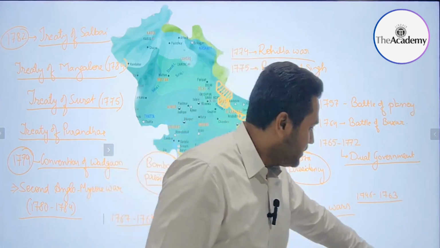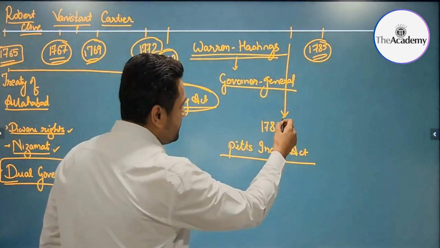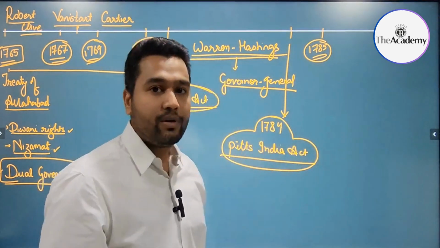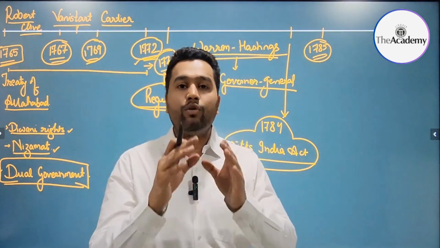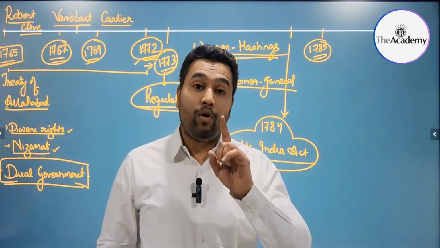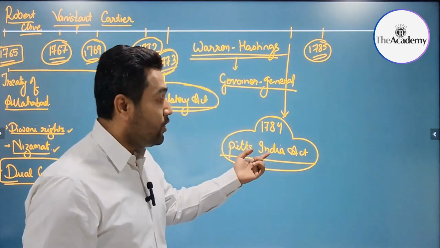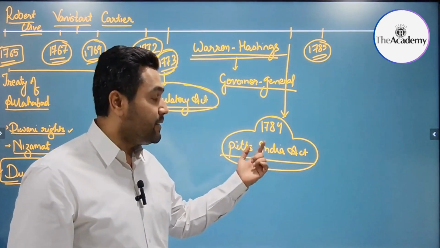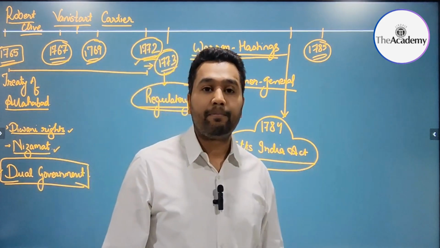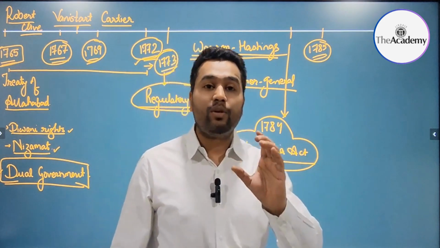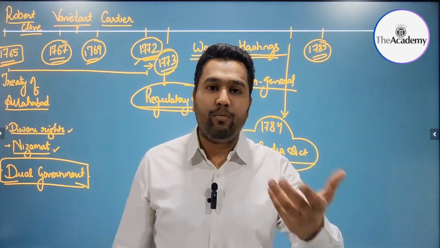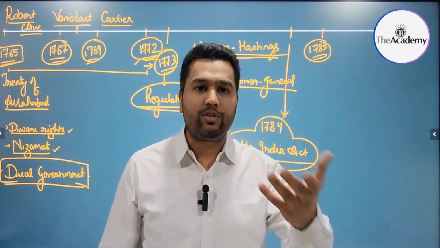In fact, the British authorities realized that it's very important to separate the commercial functions from the military functions. And that is why the Britishers passed the Pitt's India Act in 1784, whereby a board of control under the British Parliament was established, and all military functions and all the military decisions were to be taken by that board of control. The court of directors were to limit themselves to the civil matters, the revenue matters, the financial matters, commercial matters.